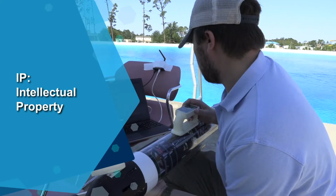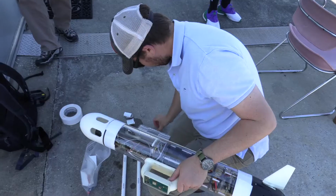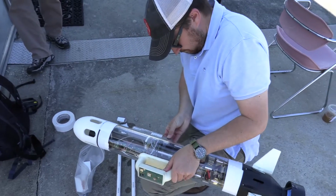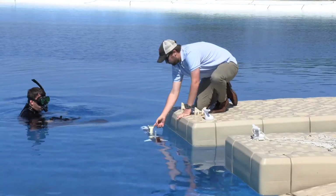CRADAs best support research and development efforts when there is an issue of IP and a desire to share that in a way that both parties feel safe in the sharing. CRADAs also benefit programs where industry does not have access to a technical capability that only the government can provide. Typically when we start a program, or if we're working with another contractor and a certain need arises where a CRADA fits that, meaning that partner has some form of IP that they're not comfortable sharing directly, we've managed